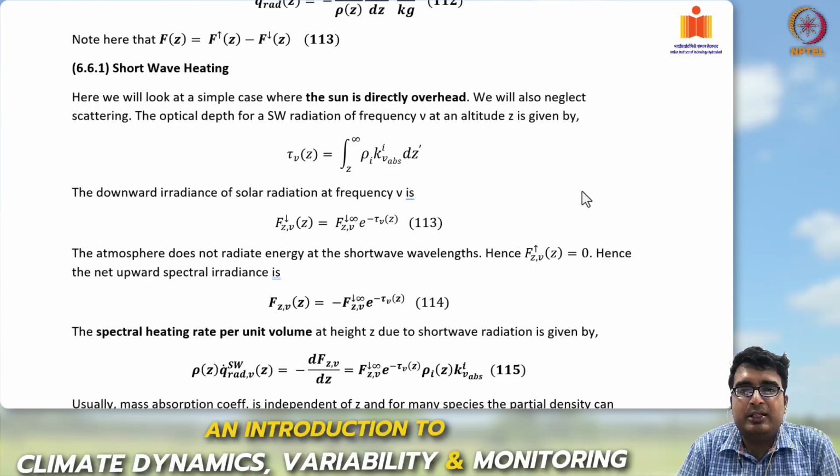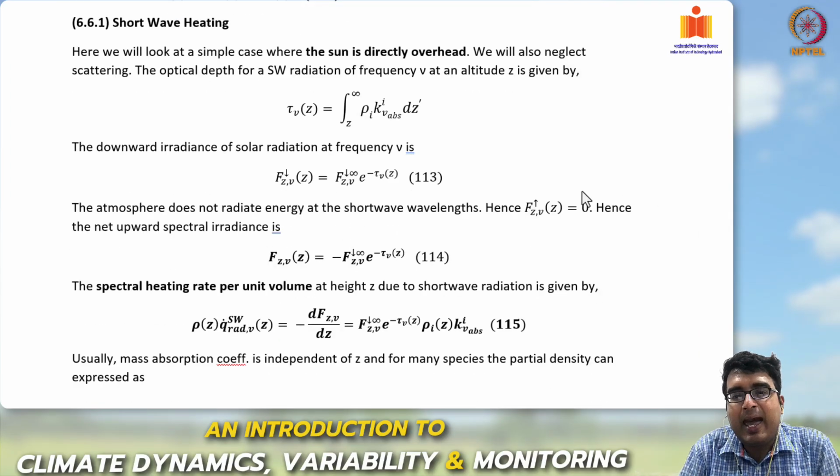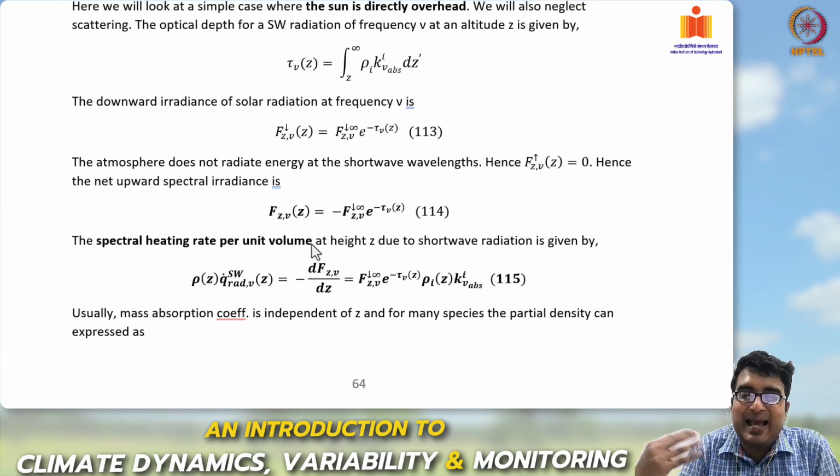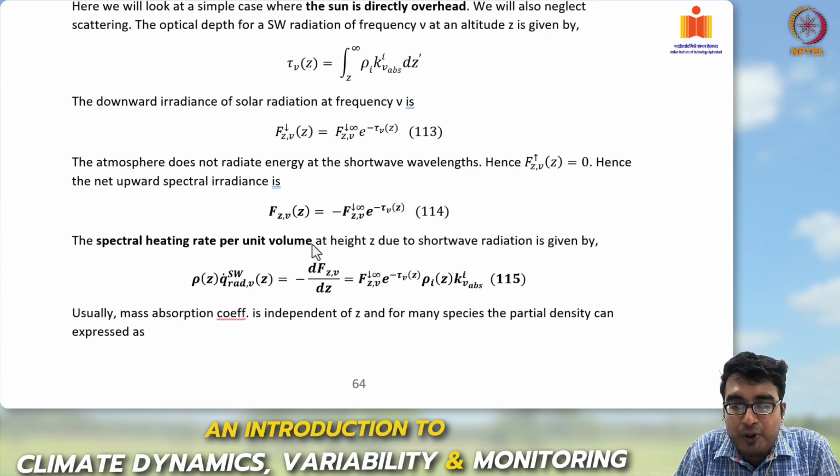We started our discussion in the previous class on the shortwave heating, and we saw that the spectral heating rate per unit volume, which is the rate at which an atmospheric layer is heating up due to shortwave radiation absorption at a given frequency, is given by the density of that atmospheric layer times the atmospheric heating rate per unit mass, which is watt per kg, and this is equal to the negative of the gradient of the shortwave radiation flux at that frequency with respect to